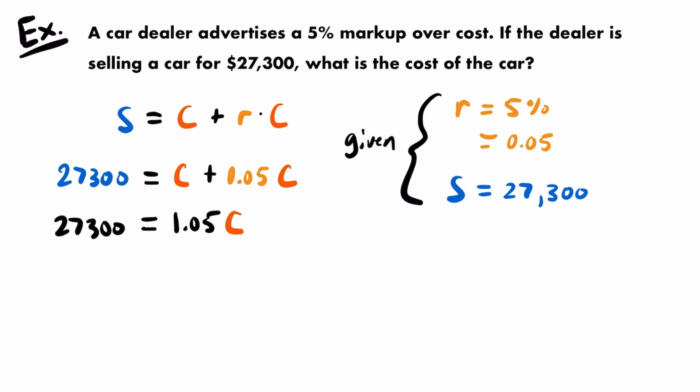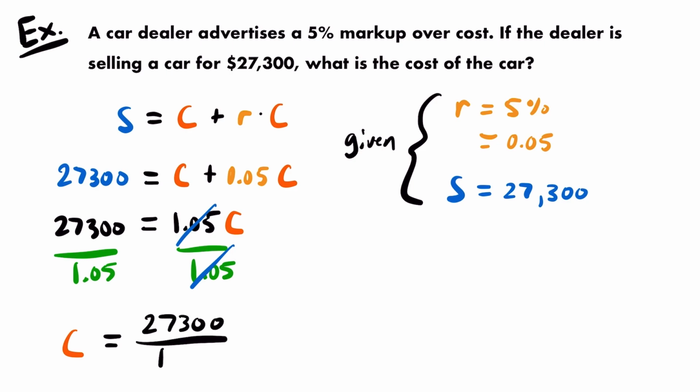And now we have a very basic equation that we can solve. In order to solve for C, we just need to divide both sides of the equation by that coefficient of 1.05. That will isolate C and get it by itself, giving us the value of the cost of the car. So we'll divide both sides by 1.05. So these 1.05s will cancel out. And so flipping the two sides of the equation, so it's easier to read, we'll have C is equal to